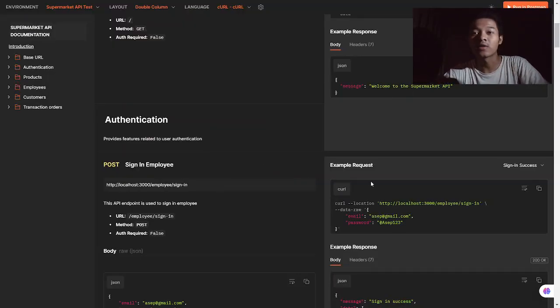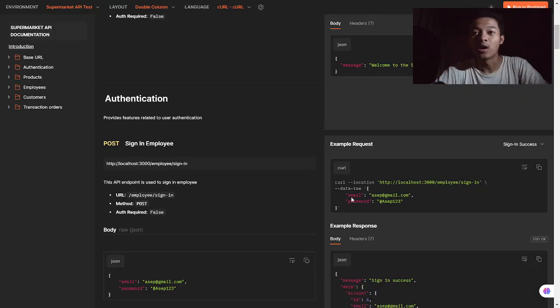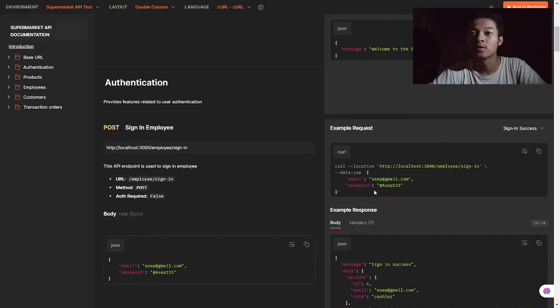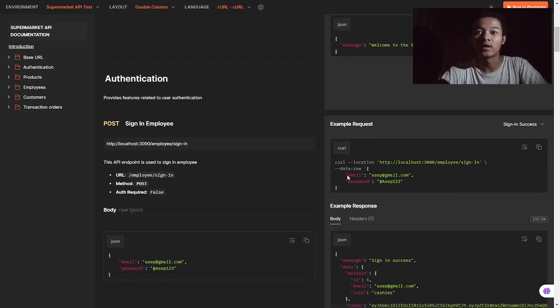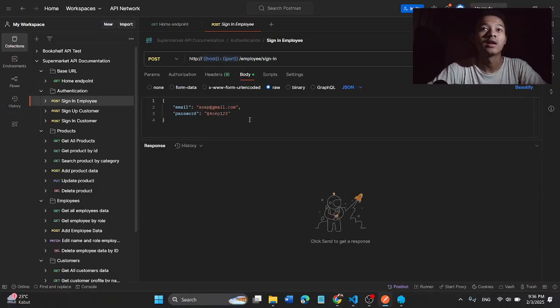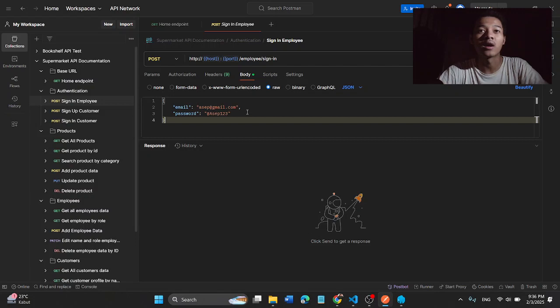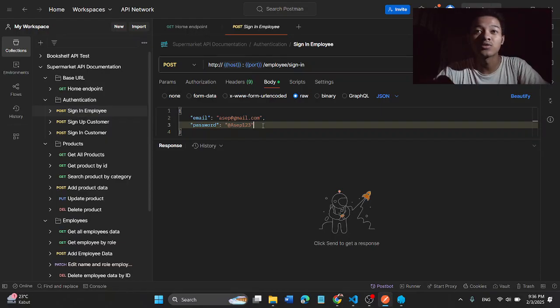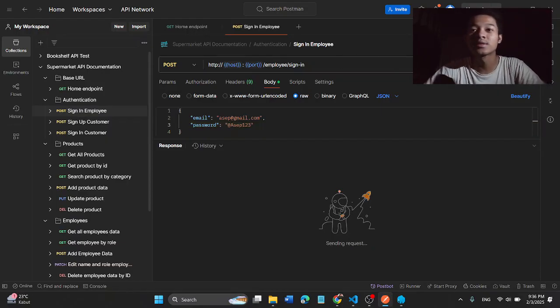Take a look, in this example request, we need a request body, which has two fields. The first field is email, the second is the password. So we need this request body when sending the request. This is one example. We have an account with email asep@gmail.com, and the password is @asep123. Let's just send the request,